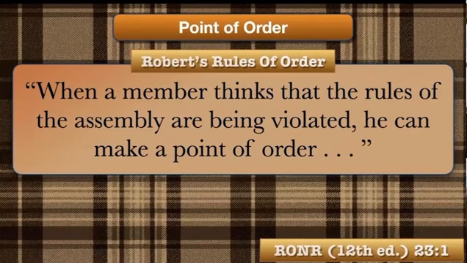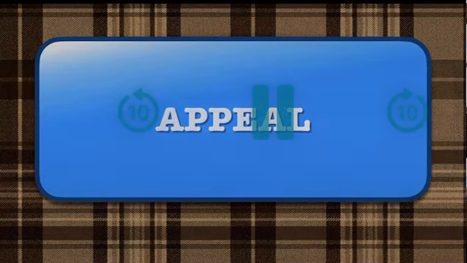Now, in Robert's Rules of Order, an important thing is it says when a member thinks that the rules of the assembly are being violated, he can make a point of order. Notice here that it says thinks. You don't have to know for sure. You don't have to have the citation of exactly what rule is being broken. If you think that the rule is being broken, that's enough to raise a point of order. Now, we're going to